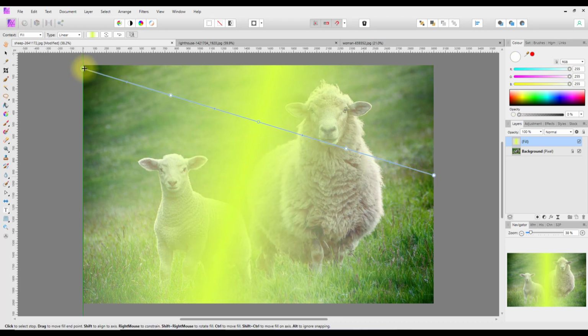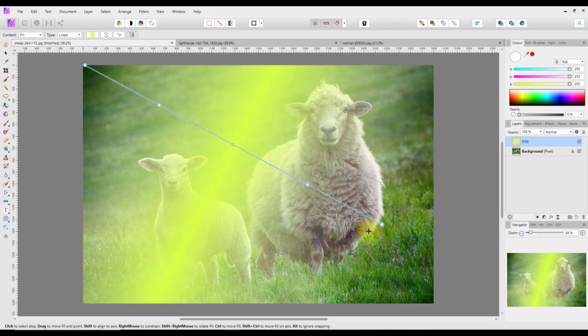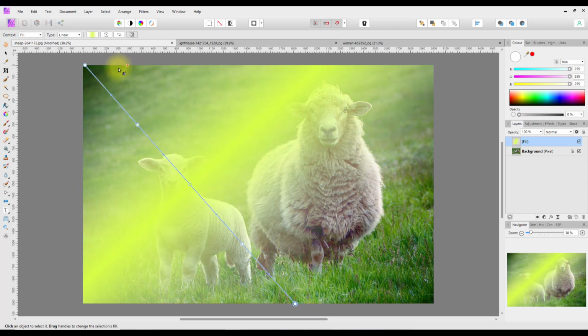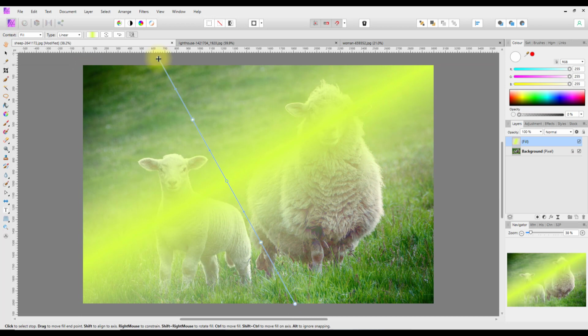So I'm just going to find a good position that I think will work. Let's go with there, and about there. Now you can also sort of click and move these nodes to where you think works best, but first, before you really get down to that, first thing we